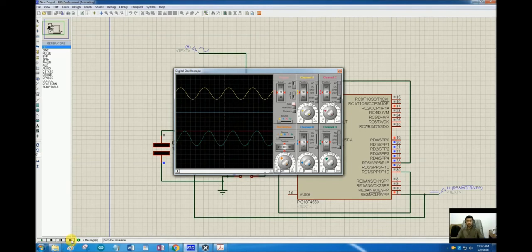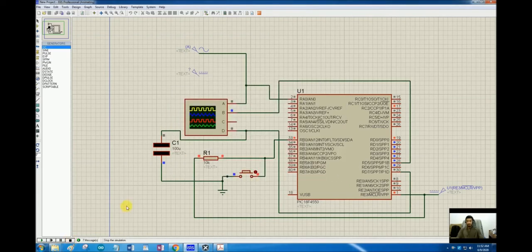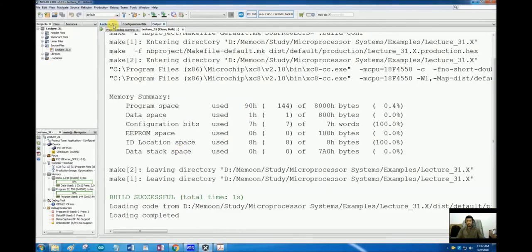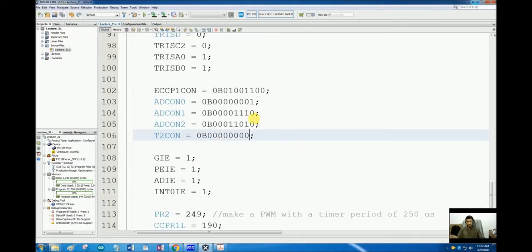And this is what I was talking about in my previous lecture, that this technique is used extensively in your inverters and UPS devices. So now let's start today's lecture, today's topic. And in today's lecture also, we will be using this same code. We will be just modifying this code.